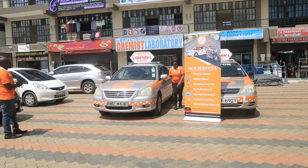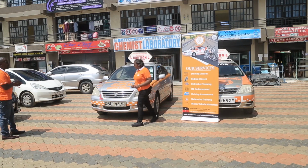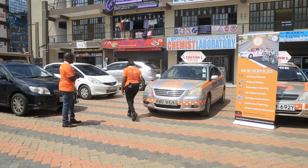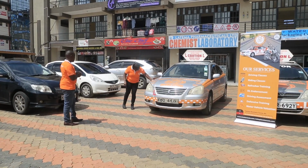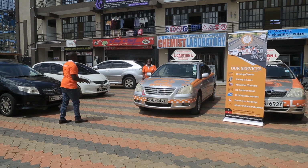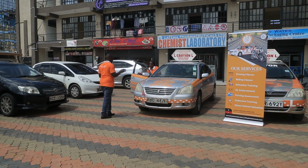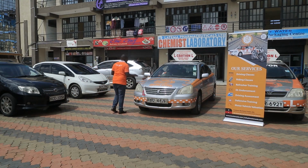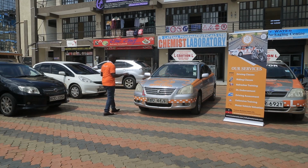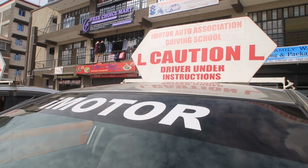So that is how you are supposed to approach your vehicle. Ukishazunguka ensure that the vehicle is okay, sasa unaweza ingia kwa gari na uendeshe. Now, after confirming that the body of the vehicle is okay, the tires are okay, ingia tu kwa gari. After confirming that the tires are okay, the body is okay, everything is okay, sasa from there you come and